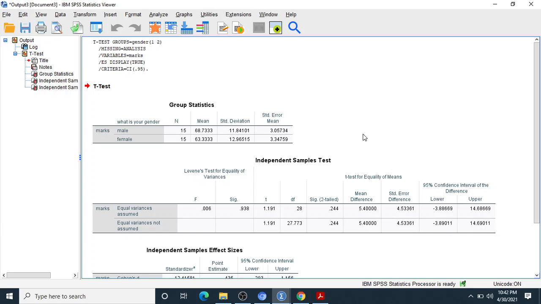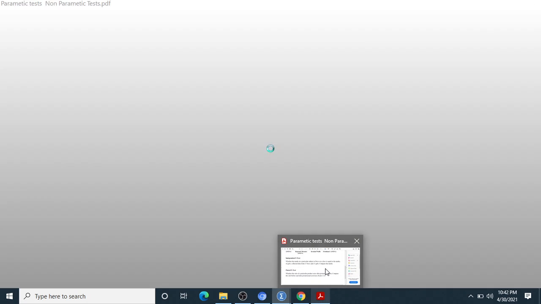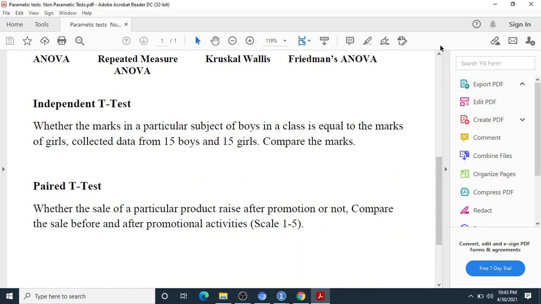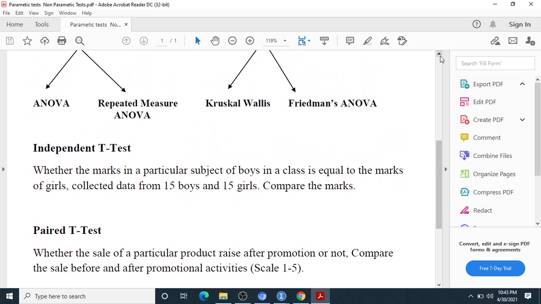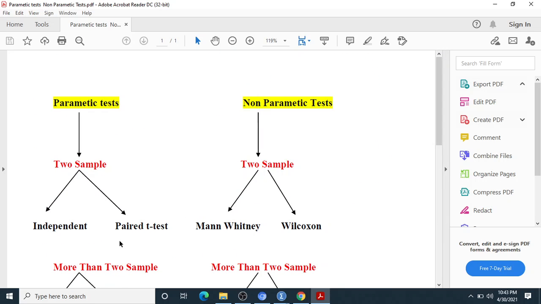In the same video, let us discuss the next point, that is the paired t-test. As I told you, we discuss these two factors here. The second factor is the paired t-test, and I told you that in the paired t-test the same respondents are checked before implementing something and after implementing something.